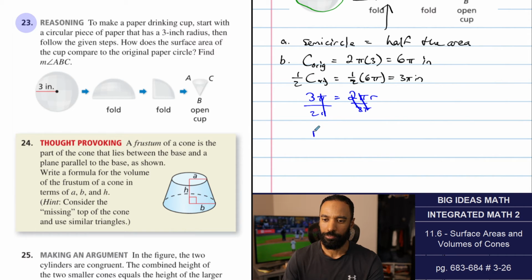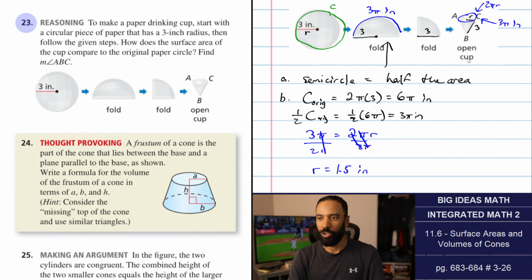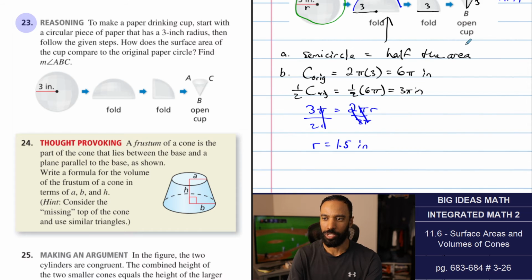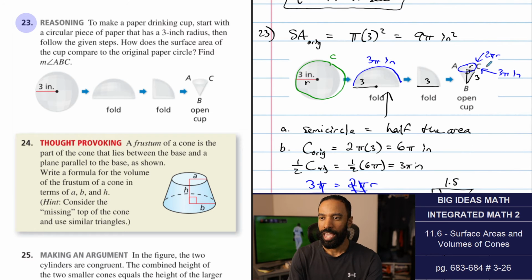R is 1.5 inches. So in this guy, we have that. Because what's the question? Find the measure of angle ABC. If I want to find the measure of angle ABC, I've got to find the measure of one of these angles here. So in a right triangle, in that cone, I have my new radius of 1.5 inches and this slant